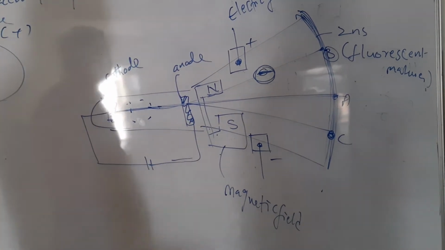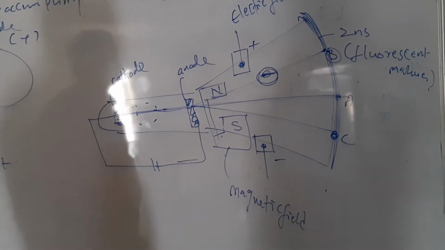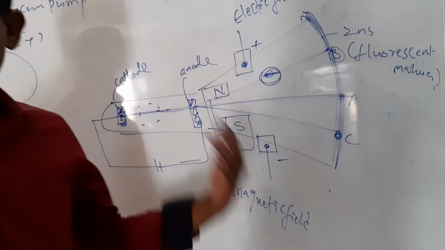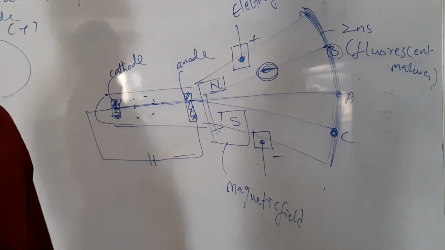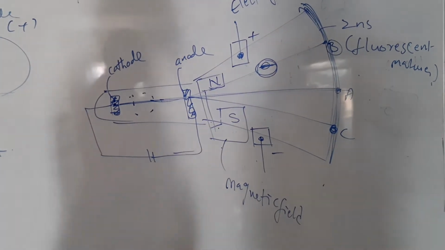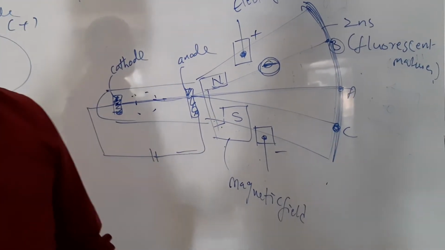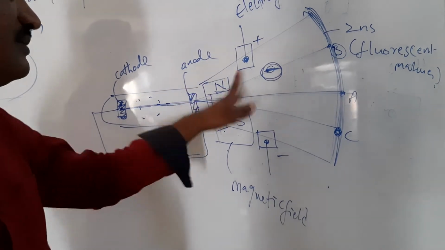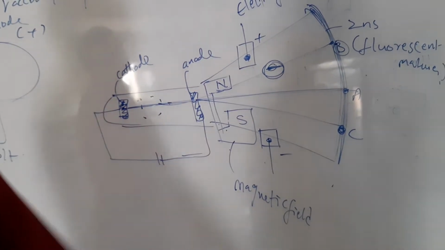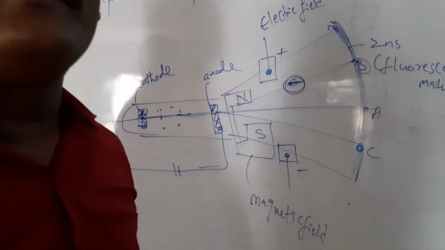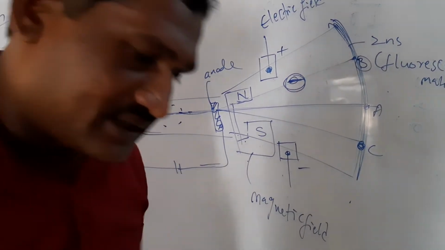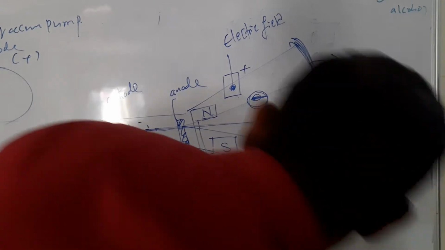So based on that we can conclude that all matter has the particles called electrons. So electrons are the constituent particles in any material. If you take any gas, you get the same observation; any metal, the same observation. That means all types of gases and all matter contain cathode rays, nothing but electrons. So this is the electron discovery.